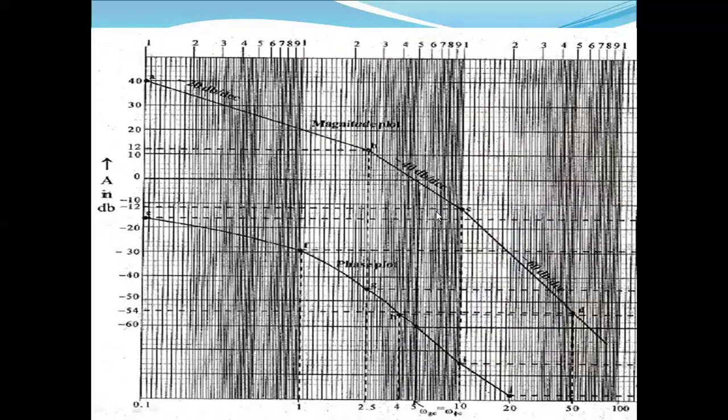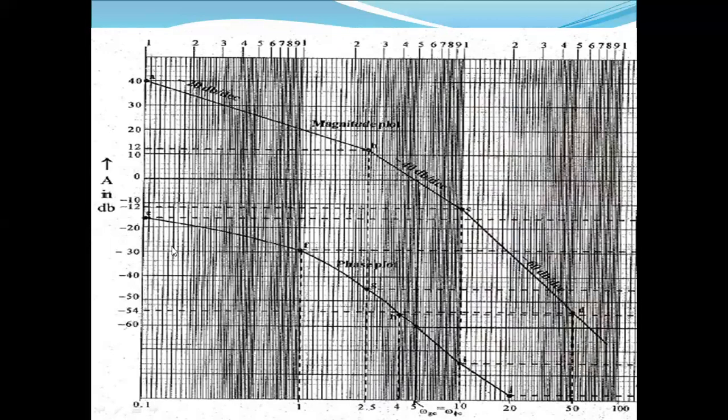And next is the corner frequency 10. Its magnitude is minus 12 decibel. You mark it and join these two points. And finally, at 50, the magnitude is found as minus 54; mark it here and join these two points at the corner frequency points. So we'll get straight lines. Don't draw it as a smooth curve, because at the corner frequency there will be an error of 3 decibel, but we assume that we are not considering that error. Just draw the lines.